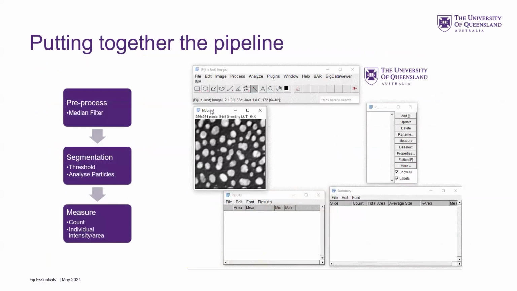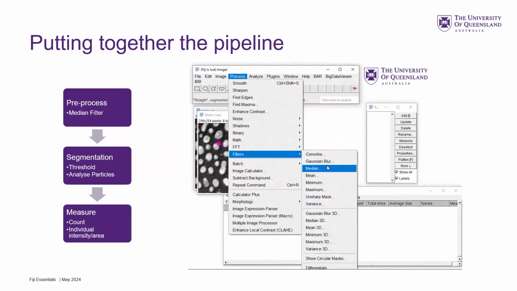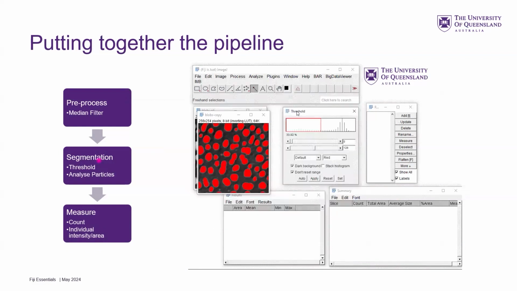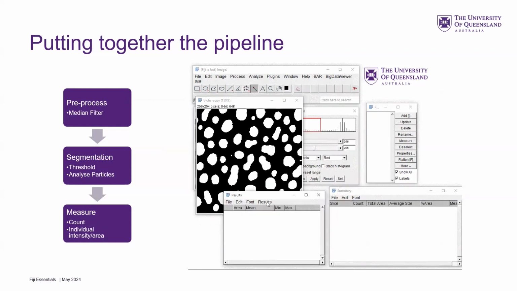So to put all of that together, now I'm going to use the blobs, but in the exercise coming up, you're going to have a nuclear picture. We can duplicate that image just in case we stuff it up. So we're going to do a filter first. We're going to blur it. Go to blurry. And then we're going to go to our segmentation. So we're going to do a threshold. That works. So we can try one of the algorithms, apply it,